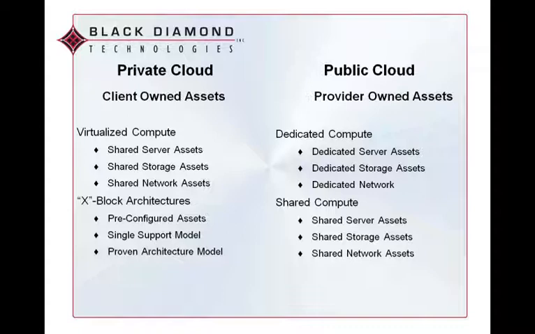The original version of private cloud was just virtualized compute assets. The next generation here is that a lot of the manufacturers have teamed up together to build block architectures, whether that's the V block or architecture similar. Basically the small, medium, large versions of pre-configured server, storage, network, backup infrastructure. It's supposed to have a single support model and proven architectures, up to 100 VMs, up to 500 VMs, 2,000 plus VMs, etc.